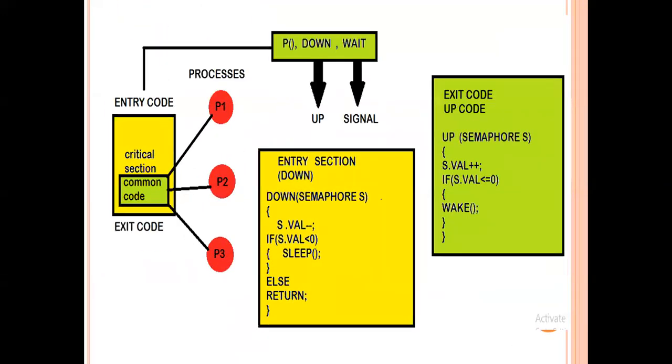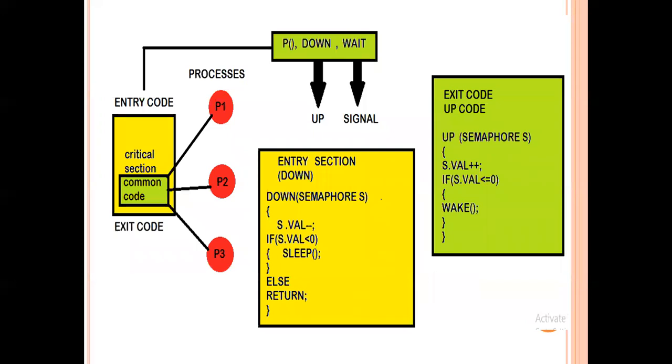Now, yes, here it is. We'll learn what it is and why we are learning all this. It gives a pictorial representation. See, first of all, let us consider there are some processes. Here I made three processes, process 1, process 2, process 3 in red color, and there is a critical section which has a common code. Now this common code needs to be accessed by all these three processes.